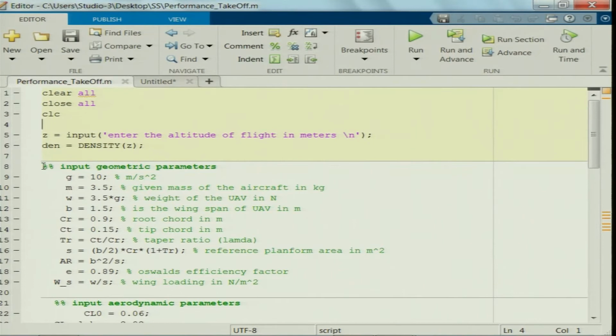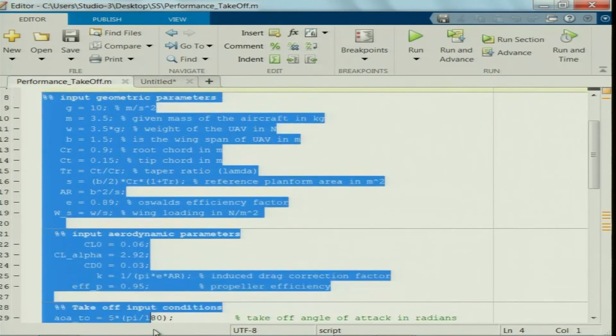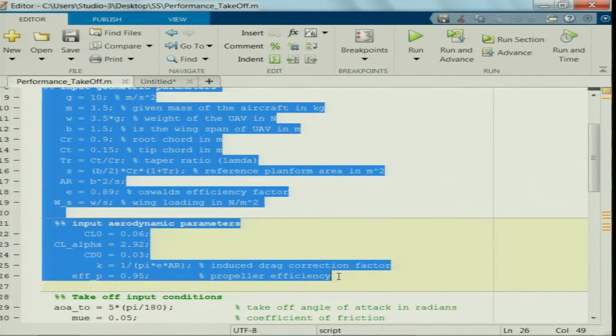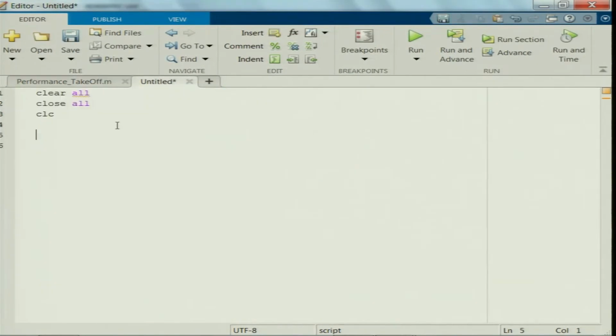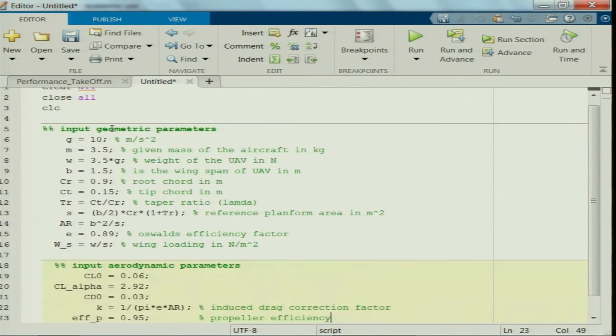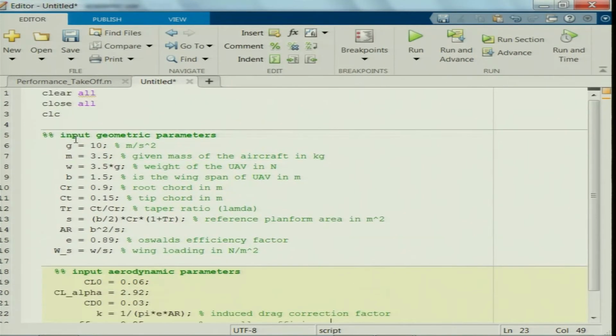Since we are talking about the same UAV, I would like to input the geometric as well as aerodynamic data from my previous code. I have just copied the input geometric data, where the mass of the UAV is 3.5 kg. The weight is obtained by multiplying the mass with g, which is considered as 10 meter per second square.